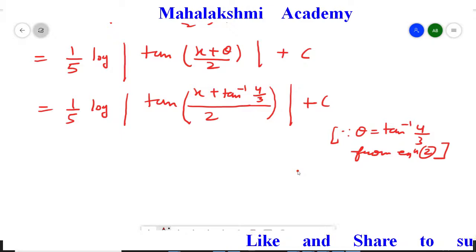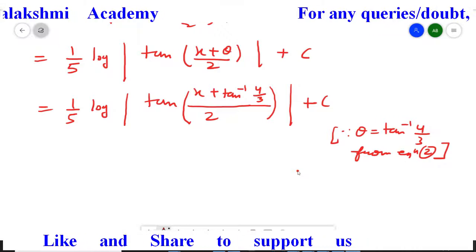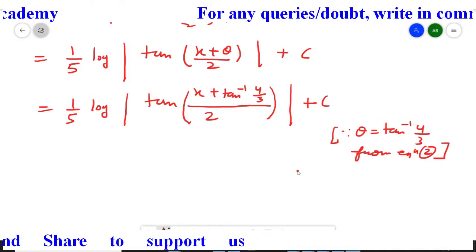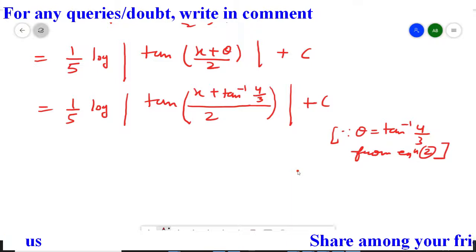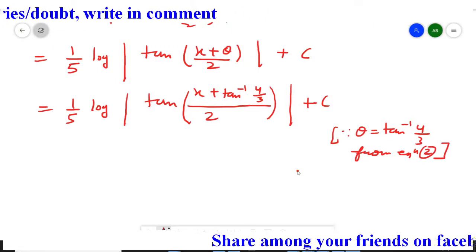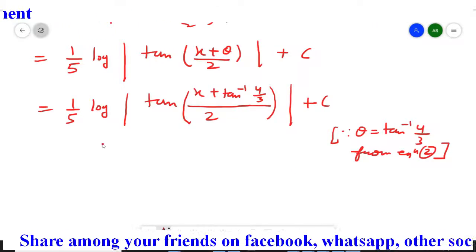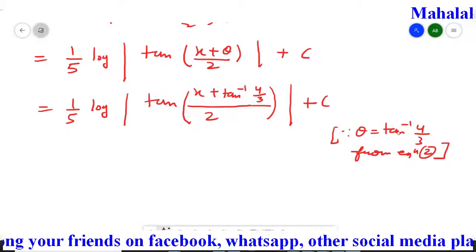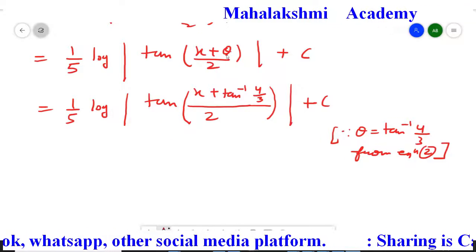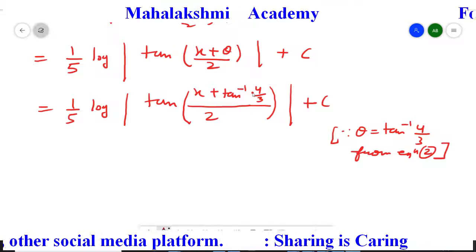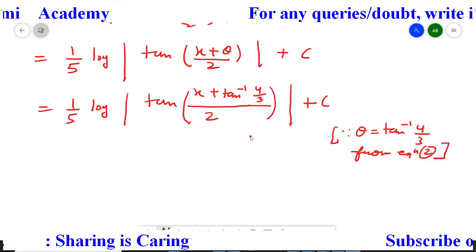This question is very unique because in this complete exercise, for the first time we are replacing constants, that is 3 and 4, by some variables, that is r cos theta and r sin theta respectively. Since we are replacing the constants by variables, you have to find the values of the variables in terms of constants again. Like r we achieved as 5 and theta we achieved as tan inverse 4 upon 3, because in the last step, whatever extra variable you had introduced, you have to replace again. That's why we initially calculate it, so that we can replace them in the last step. So I hope this question is clear to you.